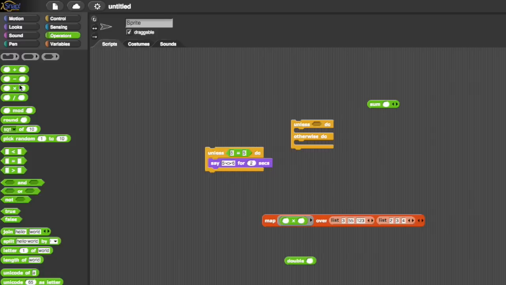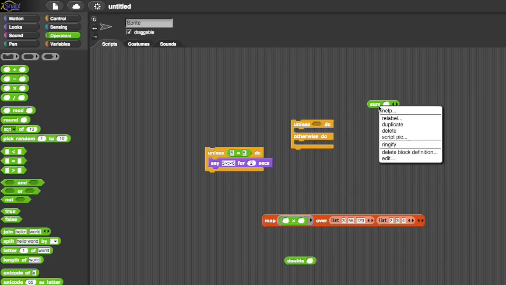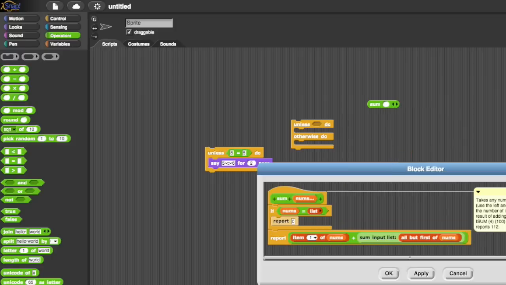And we could easily write our own sum function. This is just going across a list and keeping a running total, and I suspect that isn't how they've done it. So let's have a look at what the cleverness is. What they've done is they've said that if the nums is what's coming in, which is a list, if it's the empty list, then the result is 0. Otherwise, it's the first item in the list plus the sum of the rest of the items in the list. This is a very functional way of defining a sum function,